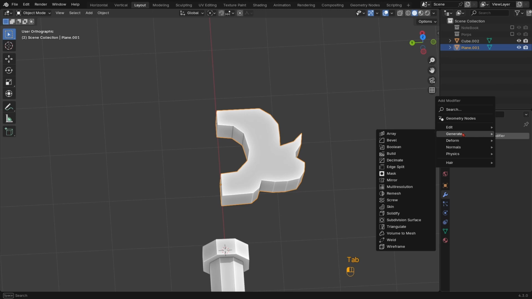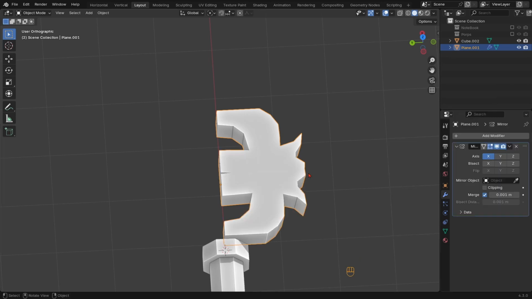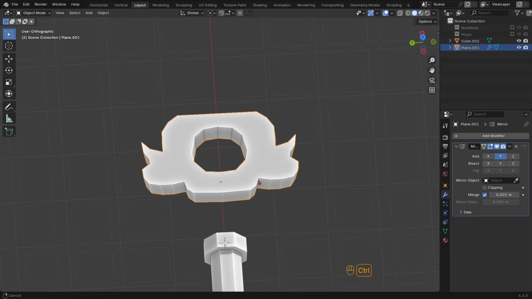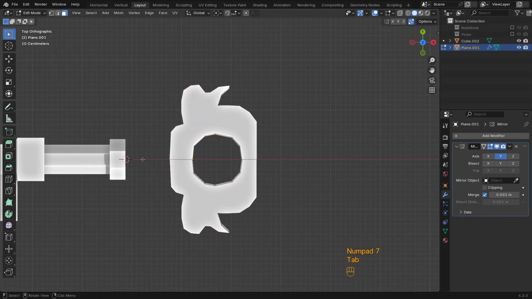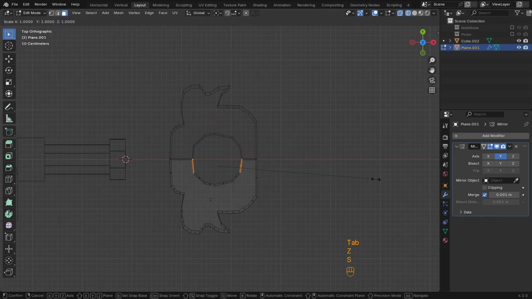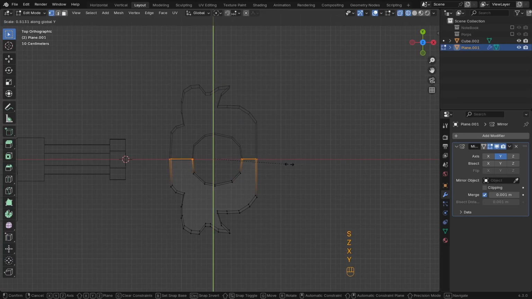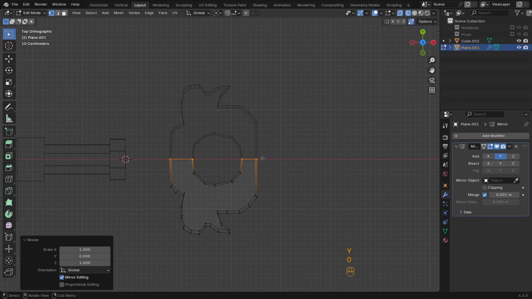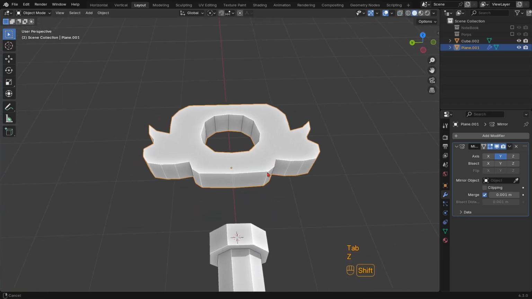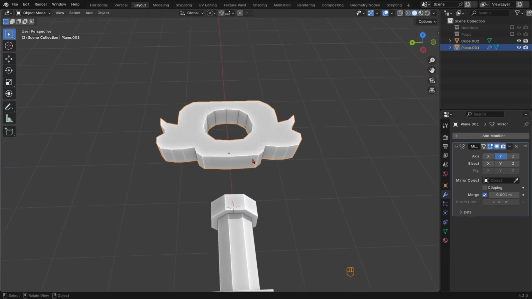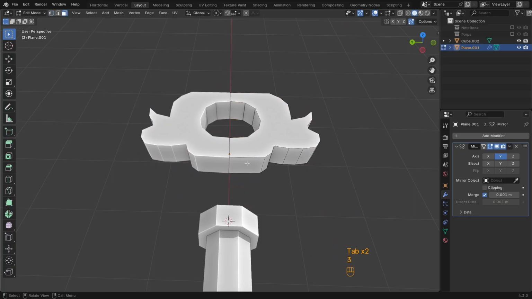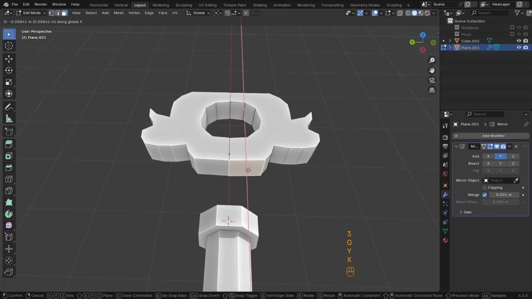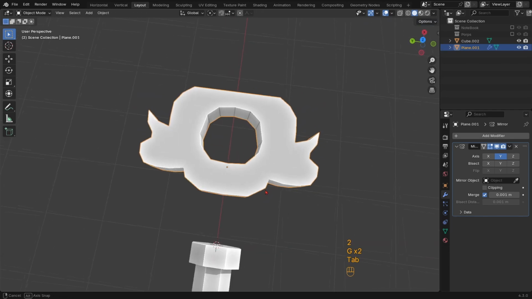We can use a modifier called mirror modifier, and we have these axes. Let's set it to y-axis instead. And now we've got this very nice edge. Let's reset this edge in y-axis by pressing 0. Yeah, that's about it. And then we can play around with the faces. For example, this face, we can drag it down. This edge, let's move it towards this way